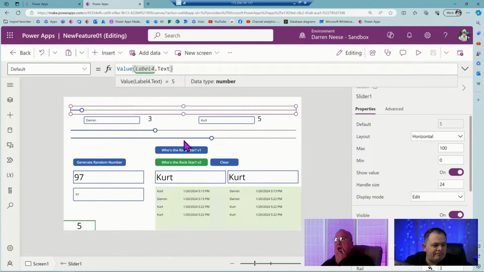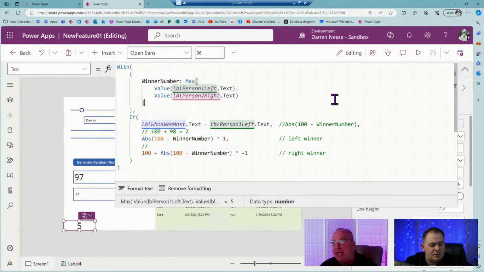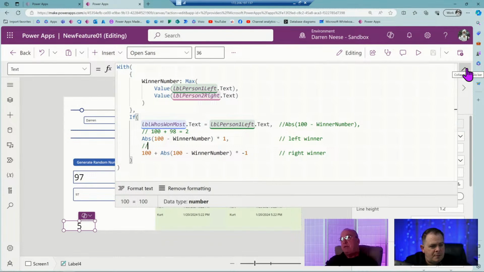Okay. So we've got 5. So what's happening here? Our if condition up here is not working very well, or the max, one of the two, because it's never changing back over to the right side. So right there, you've got a true statement. If who's one dot text equals the left, then it's going to do a certain thing. Otherwise, it should be doing a plus. We should be taking it 100. We should be going from the 100.